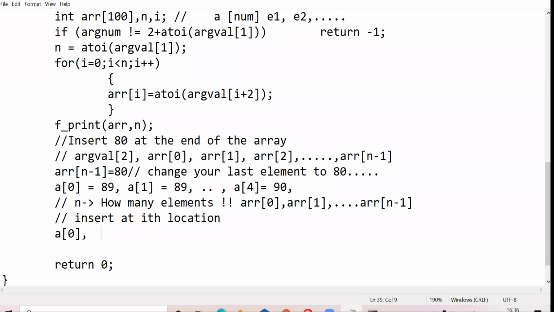So I have some elements here. Let's say it's a0, and then we have ai, then we have ai plus 1, so on and so forth. After a certain time, I'll be having an minus 1. So now I want to insert an element at the ith location here. So how will we go about it? So whatever is here will move one position forward. To make an empty place at this particular position, we'll place that element here and we'll increase the size of the array by 1. How can we write code for this?